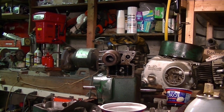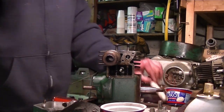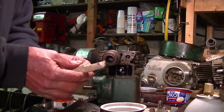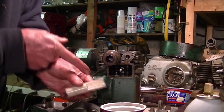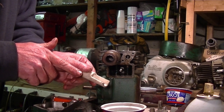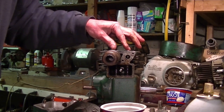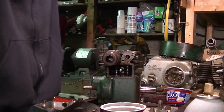But what I did was I made a tool, another tool, sort of like the first. Here it is. For a brand new made tool, it's pretty grungy, huh? But I'm thinking if I can push this in under the springs here, then the valve will be sticking down in here, and I'll be able to put the pin in with some needle nose through the bottom of the valve stem. So we'll see how that works. I guess I'll leave the camera going, but I don't know if you're going to be able to see it because it's...